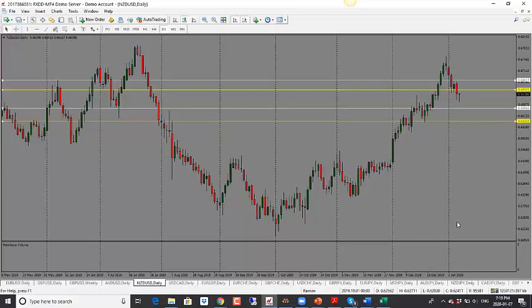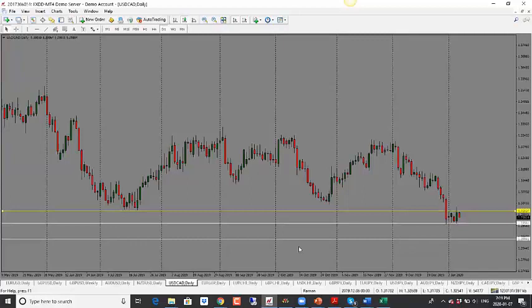Dollar CAD here, this one is still trading in a range. It is going back and forth, still in this range here. Now, with regards to the current situation here, if there is an escalation in the current situation, we are likely to see Canadian dollar go up because oil will go up, and that means that dollar CAD could drop as a result.